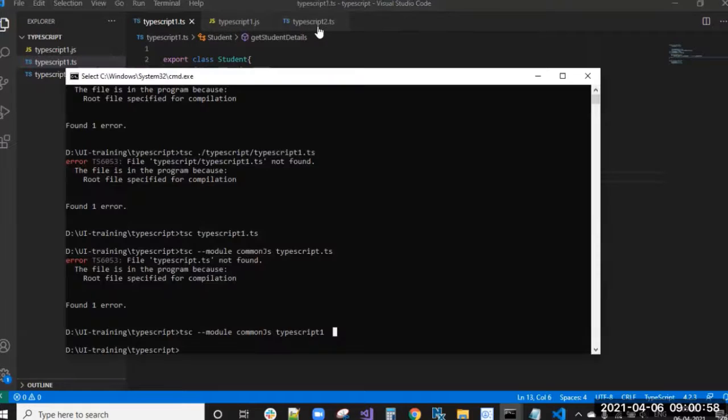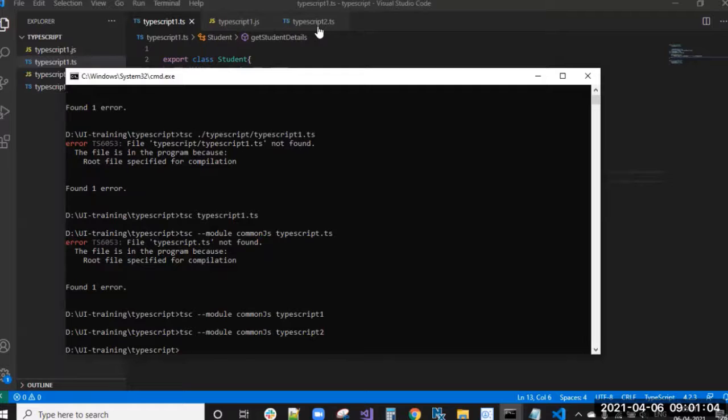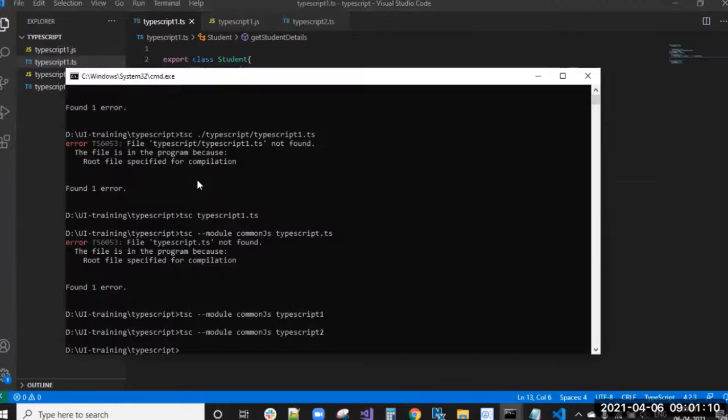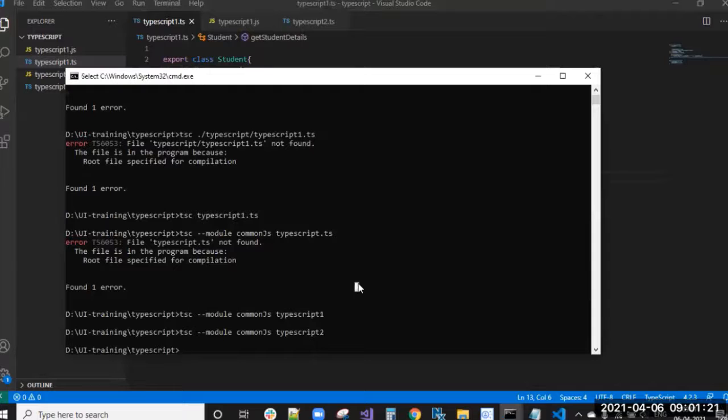If I compile TypeScript 2.ts, we will get TypeScript 2.js. And if I want to get the TypeScript 1 JS files, I want to get them in a separate folder. How you can achieve that is by using the TypeScript configuration.